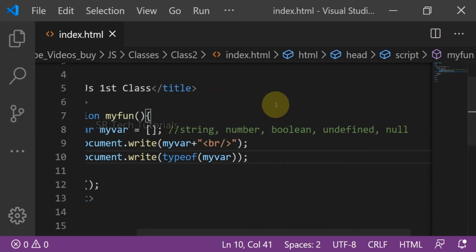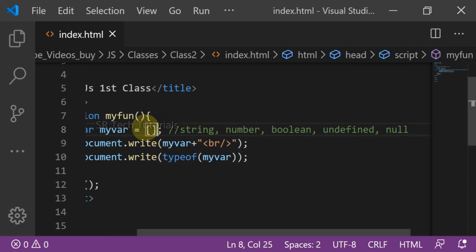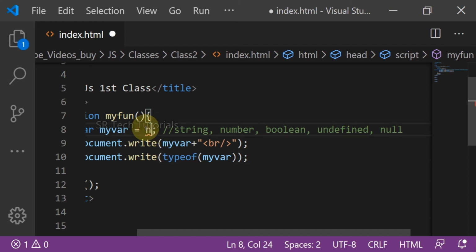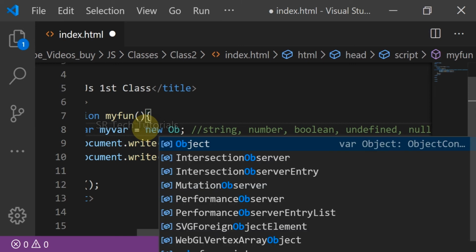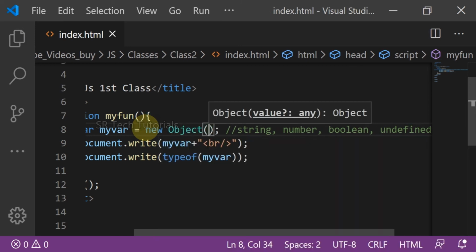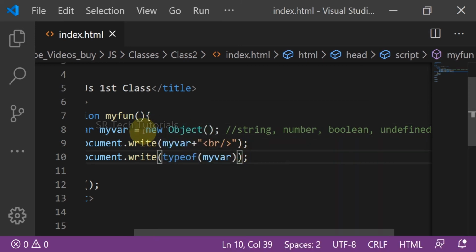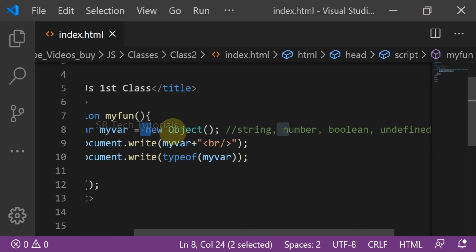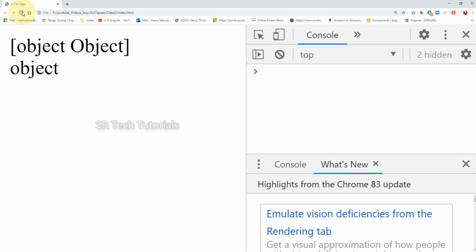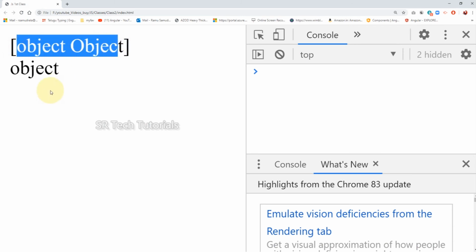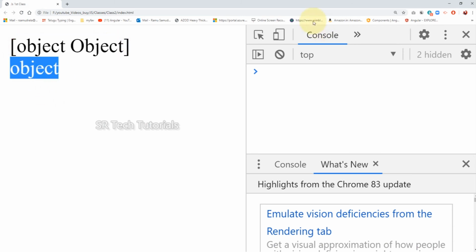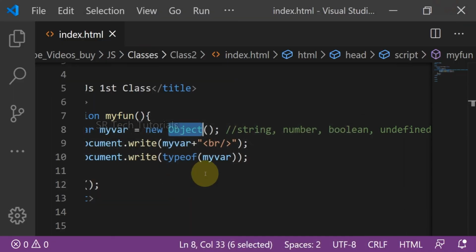Next, the type of an object: here I am assigning new Object, which is the default method to create an object. The object is assigned, and type of object is object only.